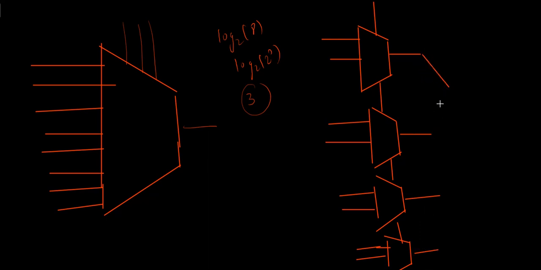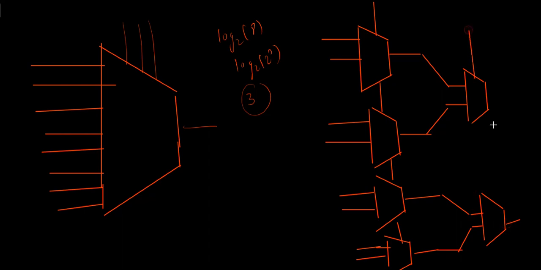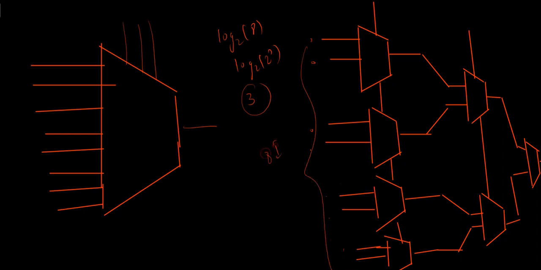Again, for the 4 different outputs, I will use a 2 cross 1 mux over here. That is how I will connect it, something like this. And say this has another select line that is shorted for these 2 mux. And finally, the output from this mux and output from this mux, I will be connecting as the input for this. So as you can see, 1, 2, 3, 4, 5, 6, 7, 8, these are my 8 inputs.